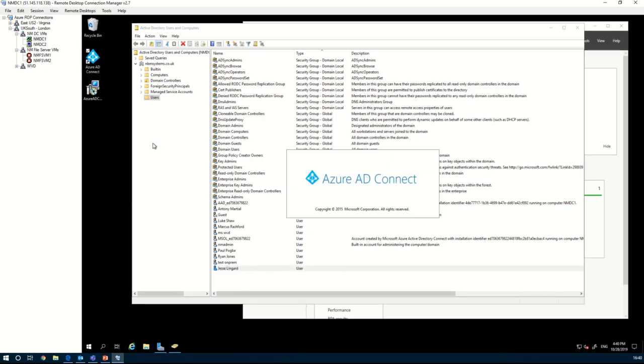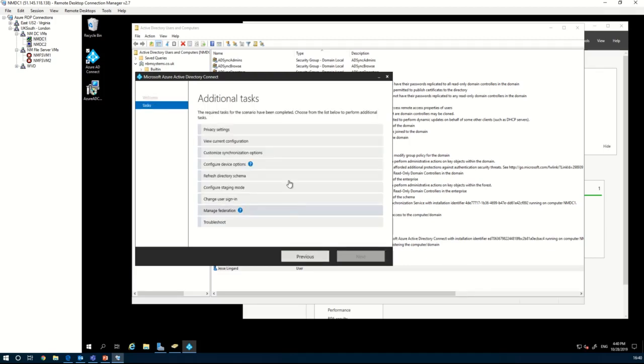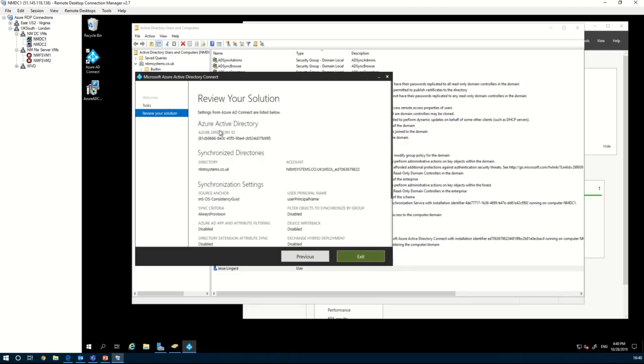When you fire up Azure AD Connect, this is where you configure the synchronization options for your organization. So when you start Azure AD Connect, it's going to stop the synchronization service because you're making changes, and it'll carry on after you've made your changes. So these are some of the settings. When you install it, you'd run through these settings, and the best practice is to accept the defaults unless you have any specific requirements that need the defaults to change. So if we have a quick look at the current config, let's go next, and we can see that Azure Active Directory